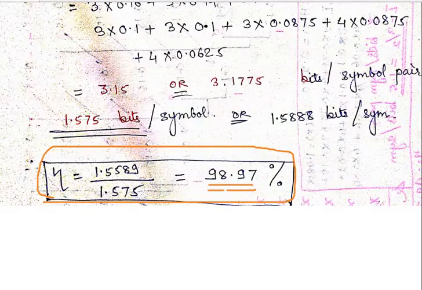This is how this particular session gives you the idea that if someone transmits a single message with a certain probability, the efficiency of the code can be increased if he transfers a pair of probabilities or a pair of messages, or groups a number of messages, which will consequently increase the efficiency of the code.